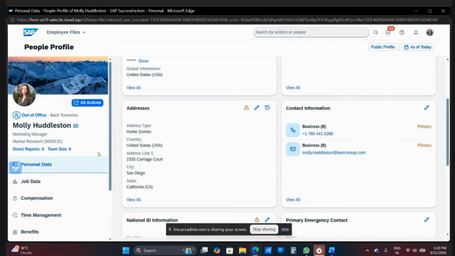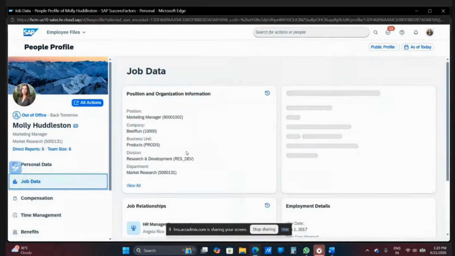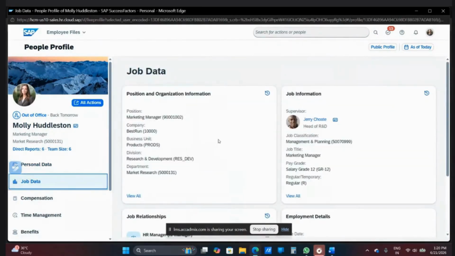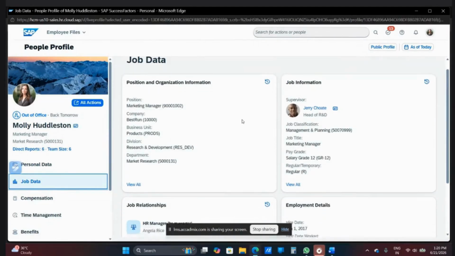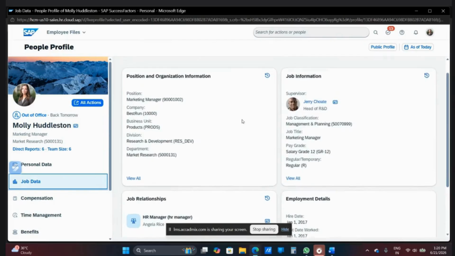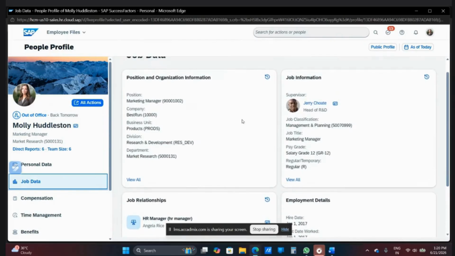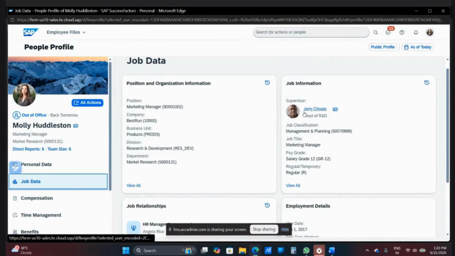Job data. Go to job data, Sakshi. And you need to update the job title of this particular person. Then you just go to job information. Job information, view all.